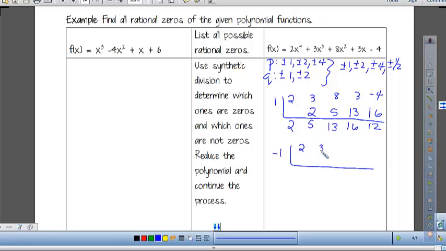2, 3, 8, 3, -4. 2, -2 is 1. 1 and -1 is -1, right? Which gives me 7. 7 and -1 is -7. This gives me -4. -4 and -1 is 4. I get 0. Okay, so we found one, and so now I can write this as